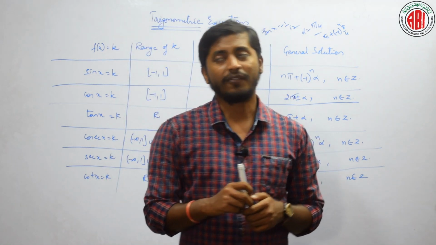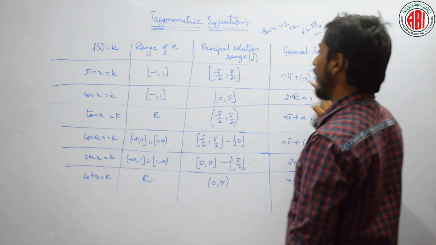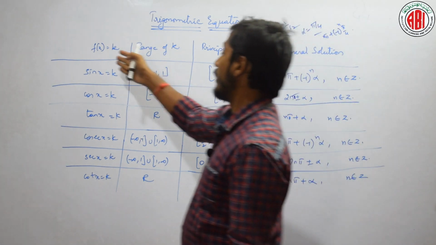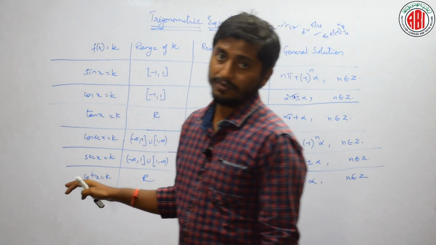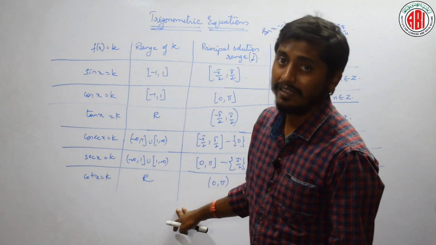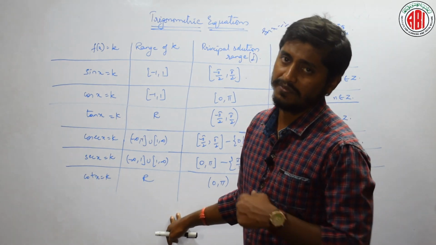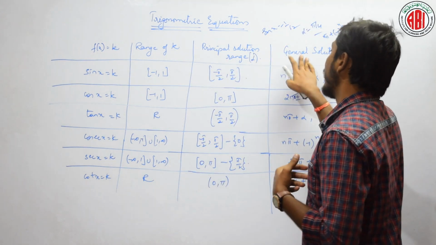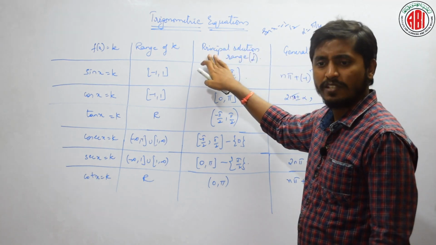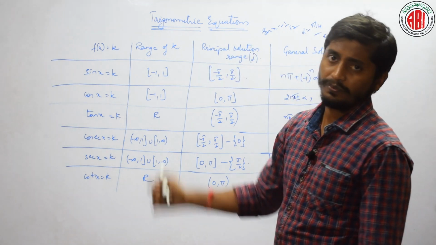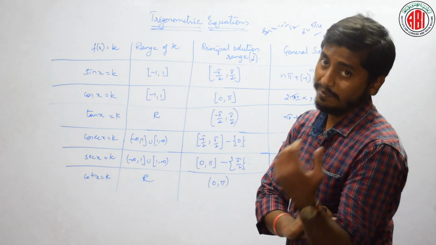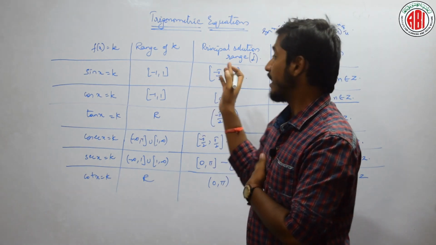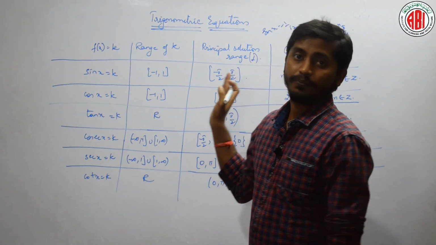Is that clear? If you observe here, there is a general table which gives the solution of the basic trigonometric ratios. Then what are the different kinds of solutions we can have? We can have two different kinds of solution. One is the principal solution and the other is the general solution. What is this principal solution? What is this general solution? A principal solution is a solution which has all the possible values.